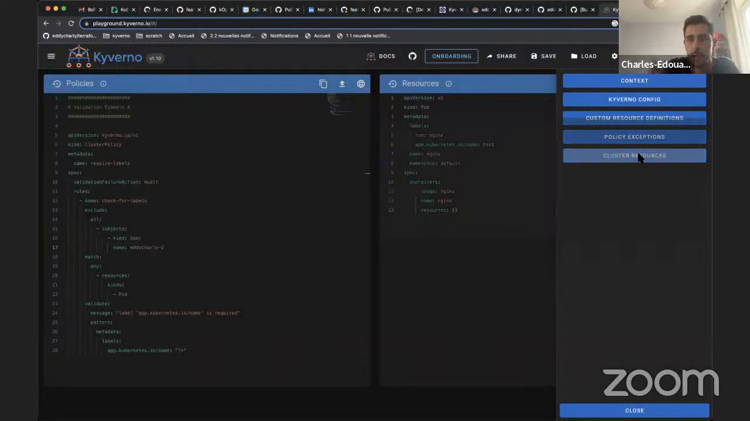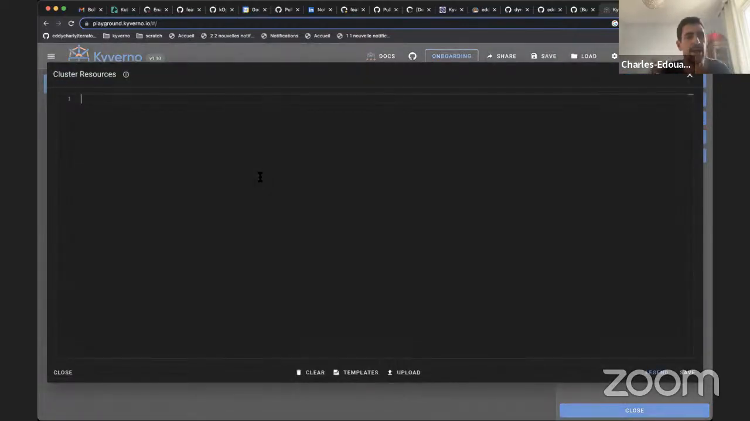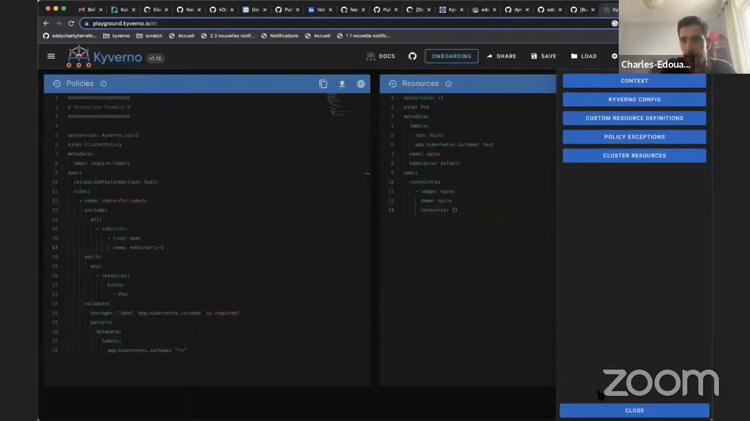And you can also simulate a cluster with different resources in it. It's particularly useful when you play with generate rules or mutate existing rules, because those rules usually need some resource loaded from the cluster. So you can simulate the presence of the resource using this cluster resources editor. Okay,